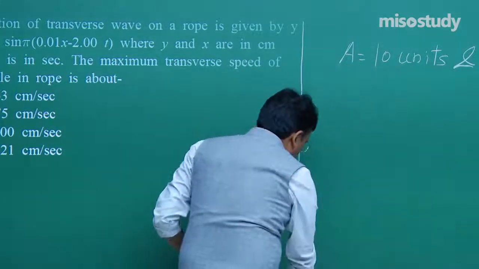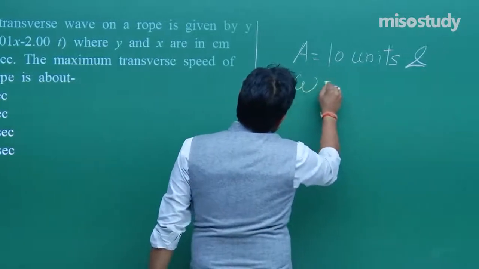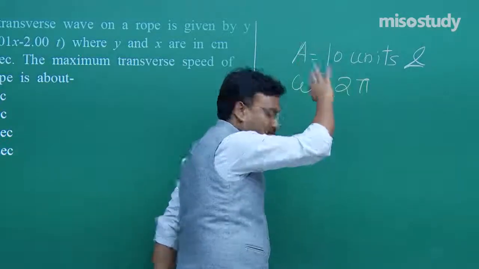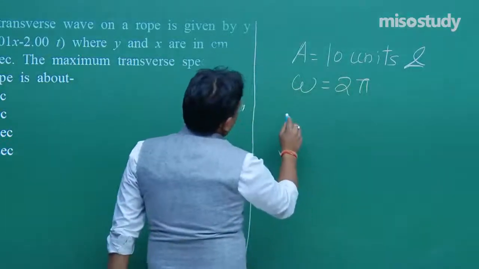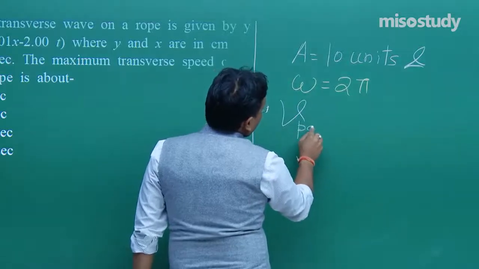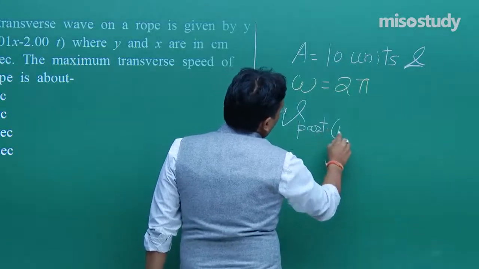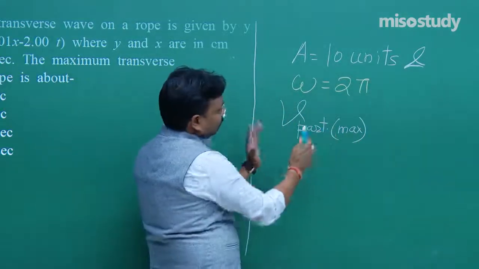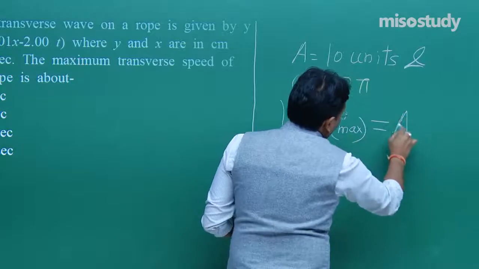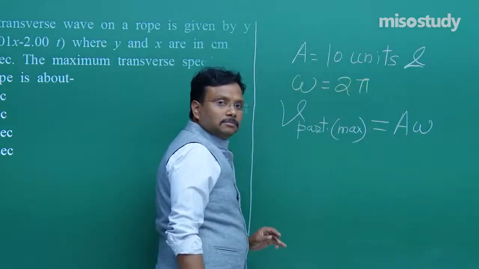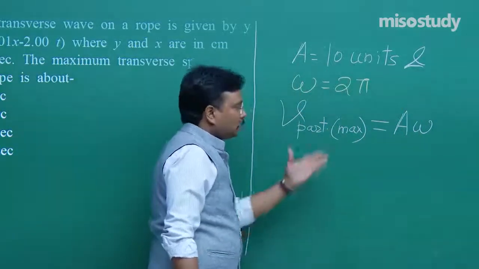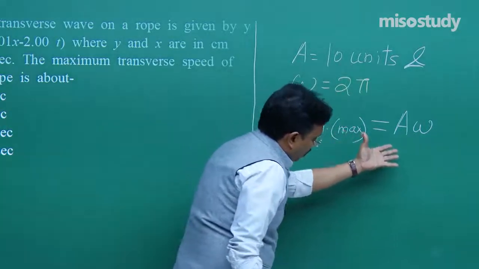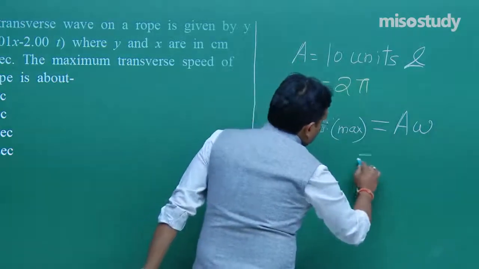And omega is equal to 2 pi. Both facts just by comparison. Fine. Now, V particle and that too maximum. This is the formula. That is why I am writing V max is equal to A omega. Is this a difficult question? Not at all. Just compare it, use the values and solve it. Fine. So, you will get it as